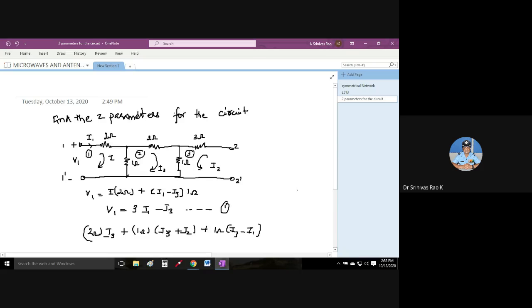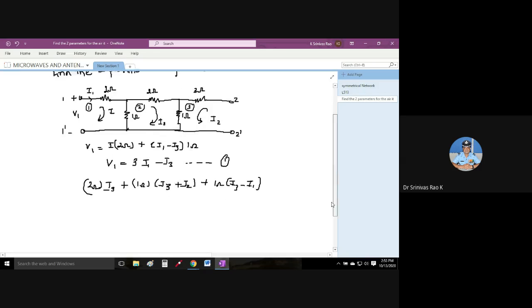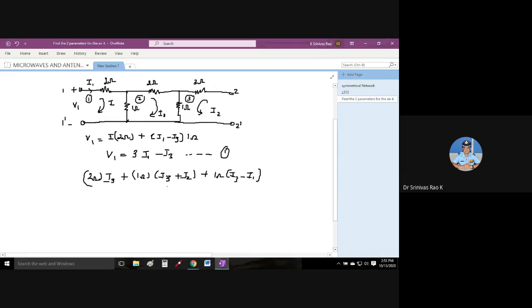Just try it at home. It's not a homework, but it is an equation you will get, in the form of I3 is equal to 1 by 4 times I1 minus I2, like this. If you simplify, you'll get one more equation, equation number 2. Similarly, if you apply KVL, this is the KVL for